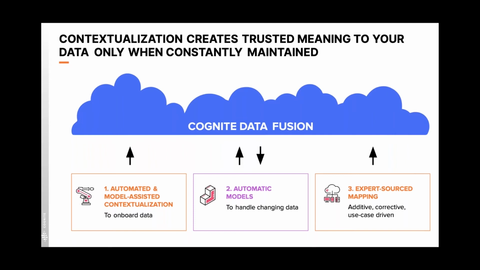But very critically, step number 2 at the center is the role of our automatic models that handle changes and changing data. If you were to contextualize all of your data fully once, as has been the modus operandi with consultancy-led data contextualization efforts in the past, when your consultant army leaves the building, the context that they created, or the links that they created, starts becoming stale relatively quickly. This is mitigated by having an always-on SaaS approach to data contextualization as well, in addition to it running a couple of orders of magnitude faster than a human approach would.